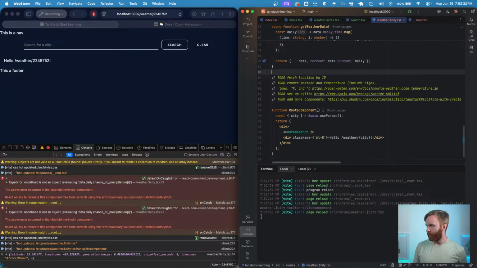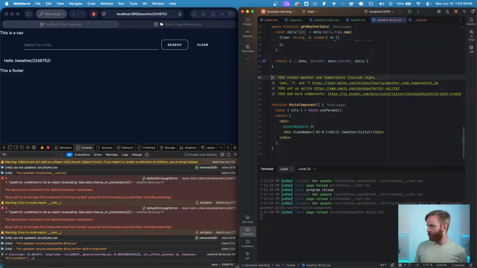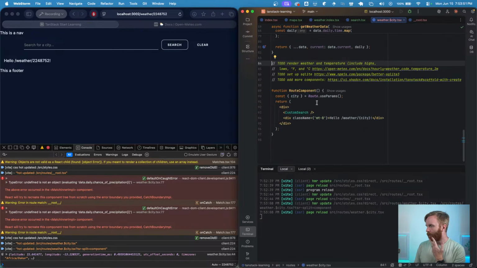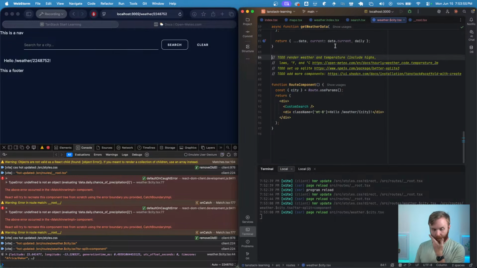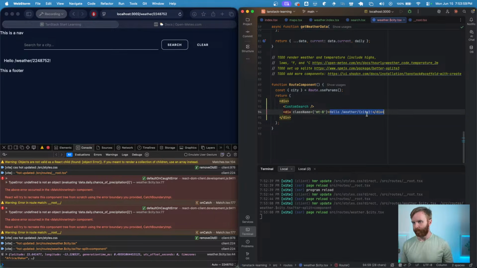We cleaned up our index page. We're fetching location by ID. We'll do this. Add more components. Why would I do that? We're going to add what we need. All right, so render weather and temperature. So this is where our table is going to come in handy because I've got my daily. Well, first, what we should do is